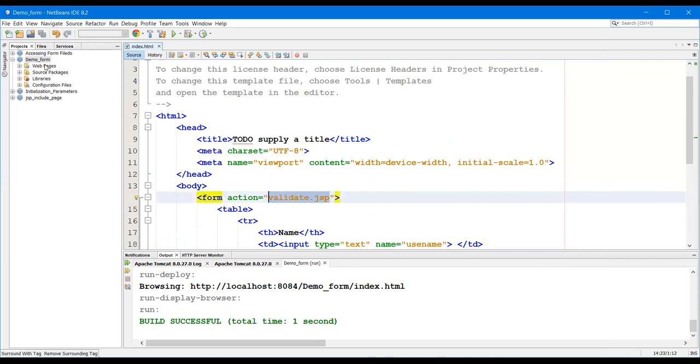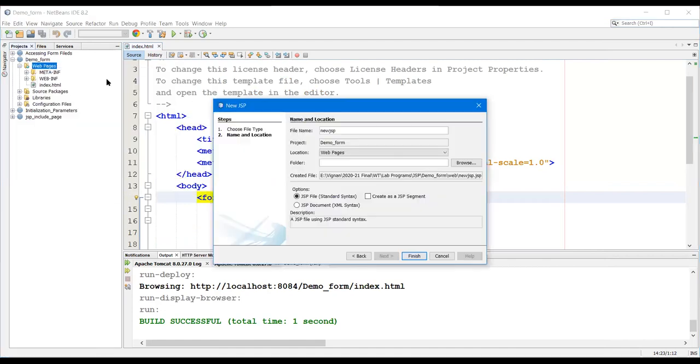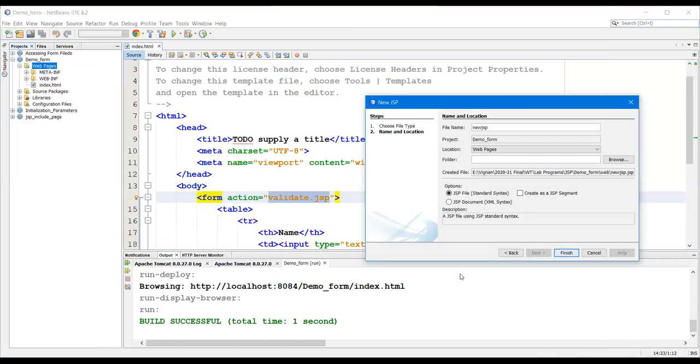To create a JSP file, in Web Pages, right click, New JSP. What file name would we like to give? The name of the JSP file is validate. Just click on Finish.